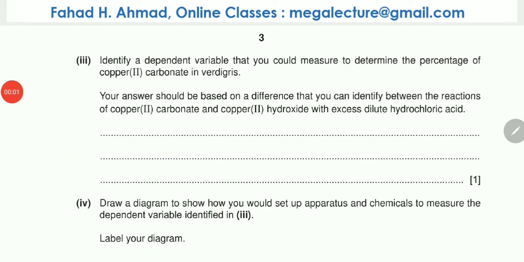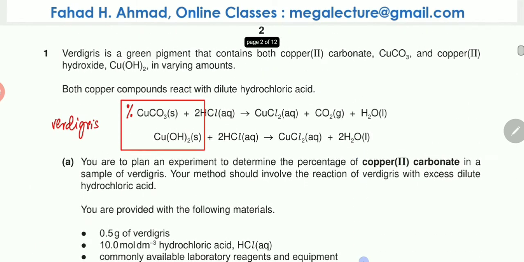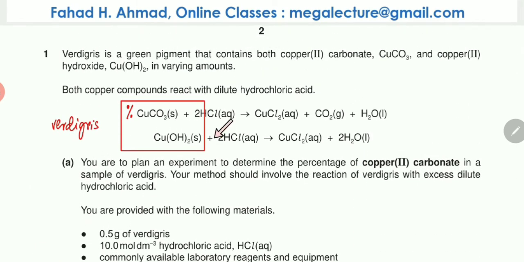Let's now move to part 3 of the question, which says: identify a dependent variable that you could measure to determine the percentage of copper carbonate in verdigris. Your answer should be based on a difference that you can identify between the reaction of copper carbonate and copper hydroxide with excess hydrochloric acid. Now, if we go back and have a look at the original reaction that was going on, where verdigris was reacting